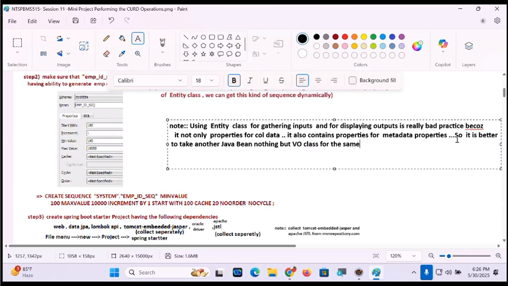Are you comfortable, my dear? Come on, everyone. It's better to take another Java bean, nothing but VO. VO means what? Value object class for the same.